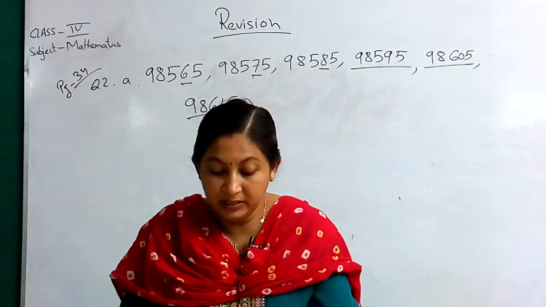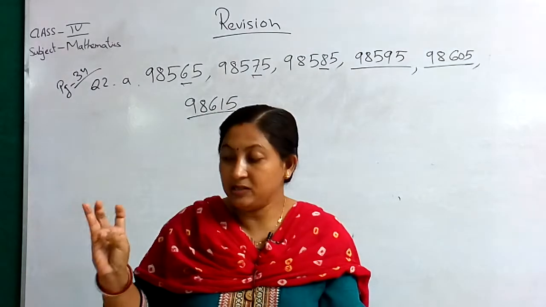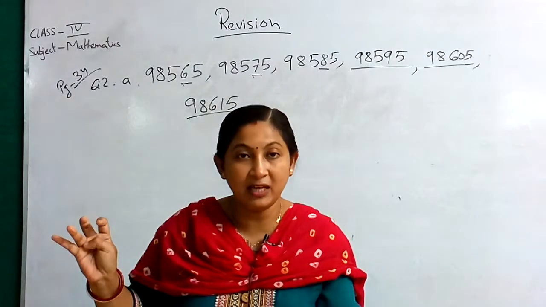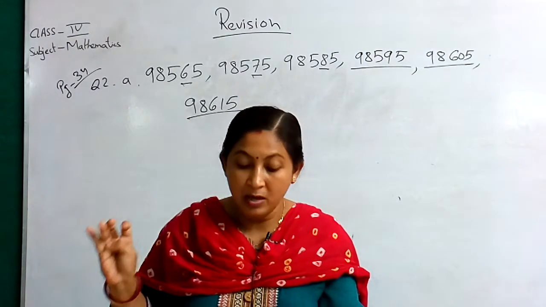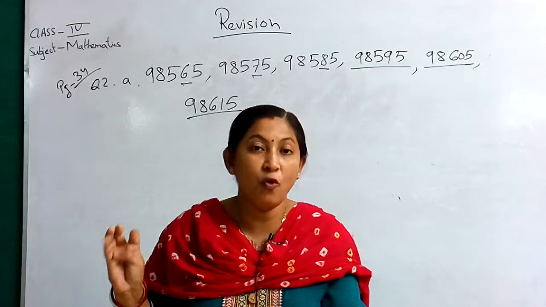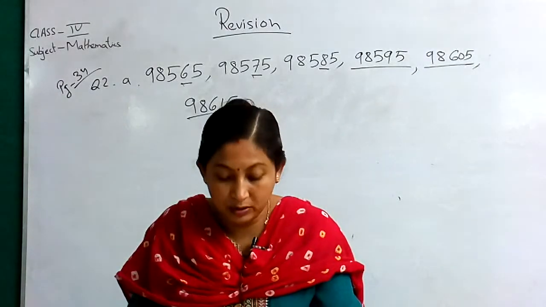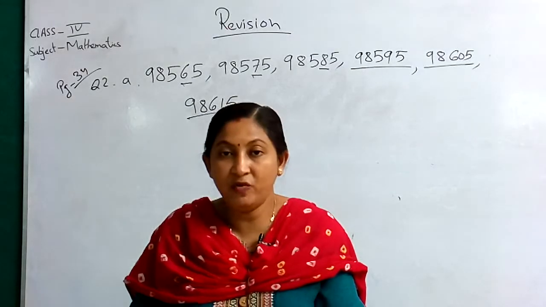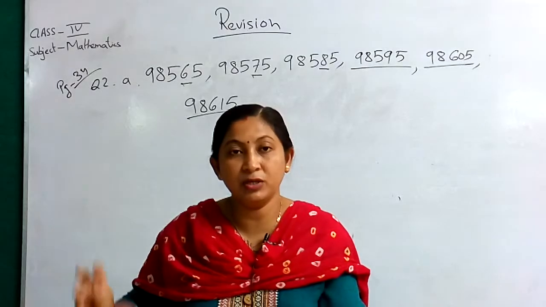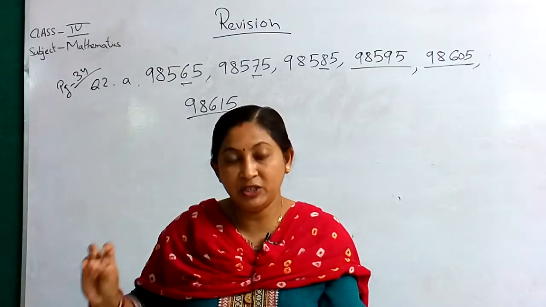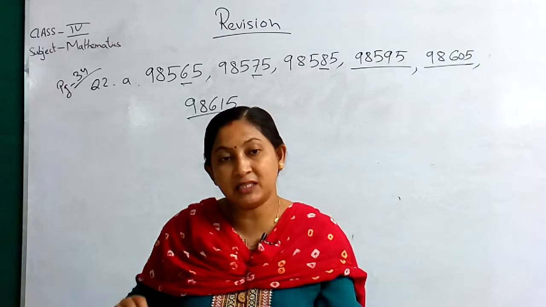Okay. Now the first is 40,000. Start counting from the ones place: ones, tens, 100, 1000, then 10,000. So 4, 10,000. So after 4, it will have 4 zeros. So the 40,000 will be 4 zeros. Next is 3 million. Again you will start counting ones, tens, 100, 1000, 10,000, 100,000, then million. In the millions place you will write 3, and after that how many zeros are there? You will get 6 zeros.